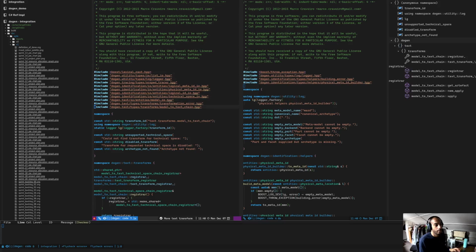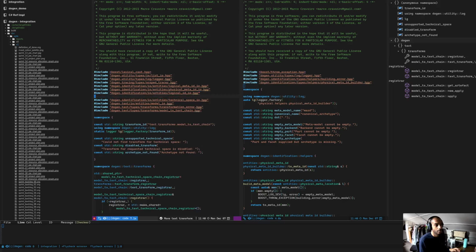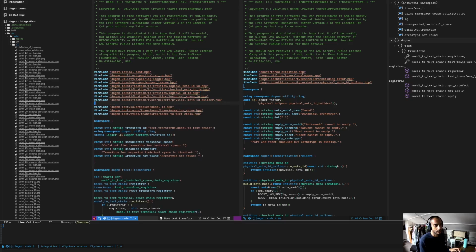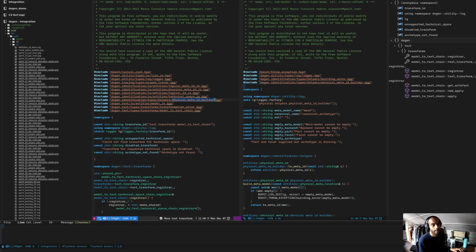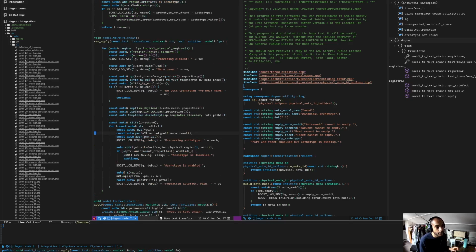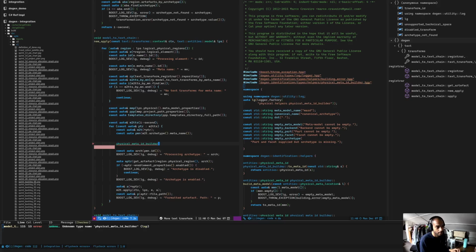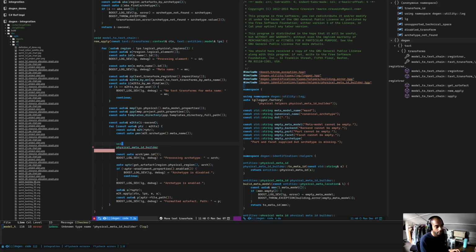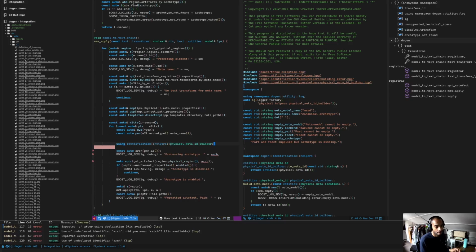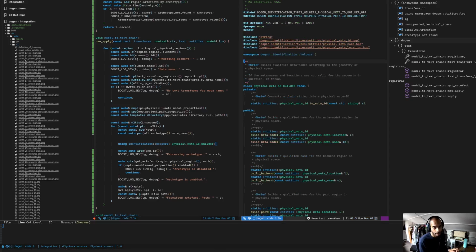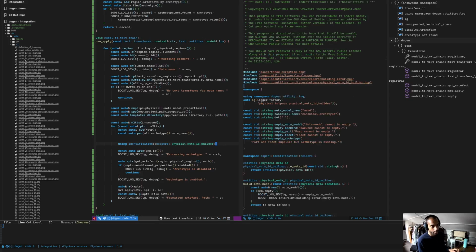What this guy will hopefully do is enable us to quickly convert from the ID, something like using. This is actually a helper, isn't it? Right, so if we just take this guy, is this statics? Yeah. So if you just take this guy, and if we just do something like